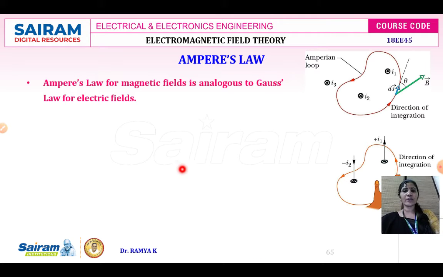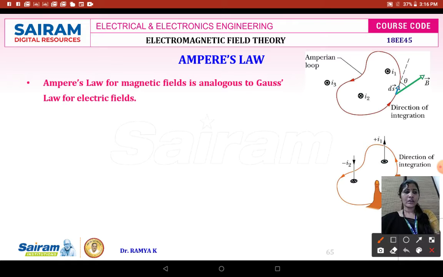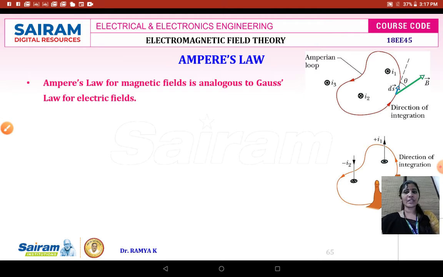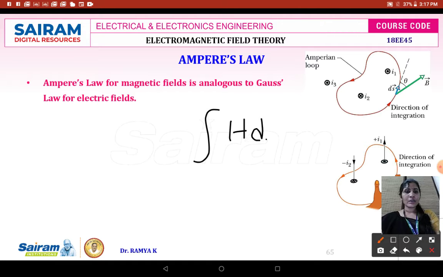Now Ampere's circuital law, by analogy, is used for the analysis of the magnetic field. It is analogous to Gauss's law. Gauss's law states that the electric flux coming out from any closed surface is equal to the charge enclosed in that surface. By analogy, we can write Ampere's law for the magnetic field, considering a conductor carrying a current. Therefore Ampere's circuital law says the magnetic field intensity in a closed line is equal to the current enclosed.